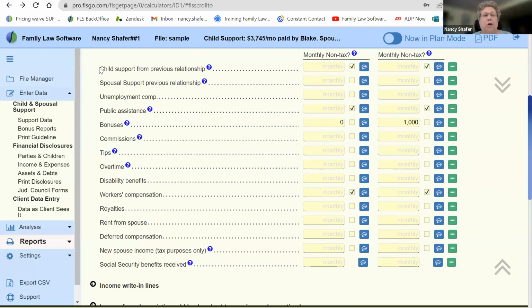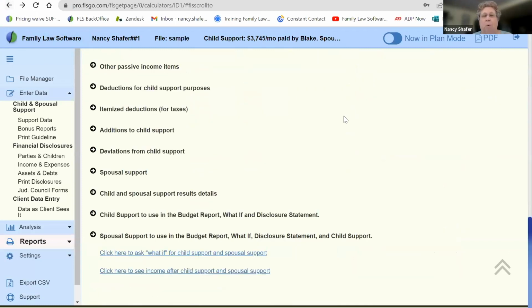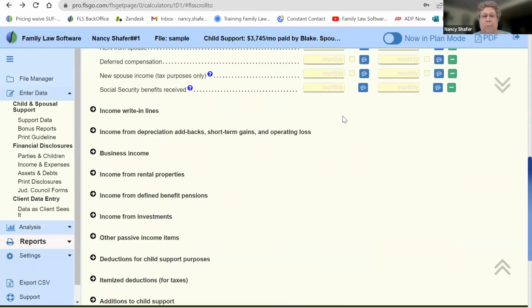Some of these don't count for child support, like support from a previous relationship, but will count for cash flow purposes if you're looking at budgets, etc. And some of them will be non-taxable, so you can mark that as non-taxable. And again, you can always go into more info to fine tune the information. You can also put in footnotes, and more info is going to always be